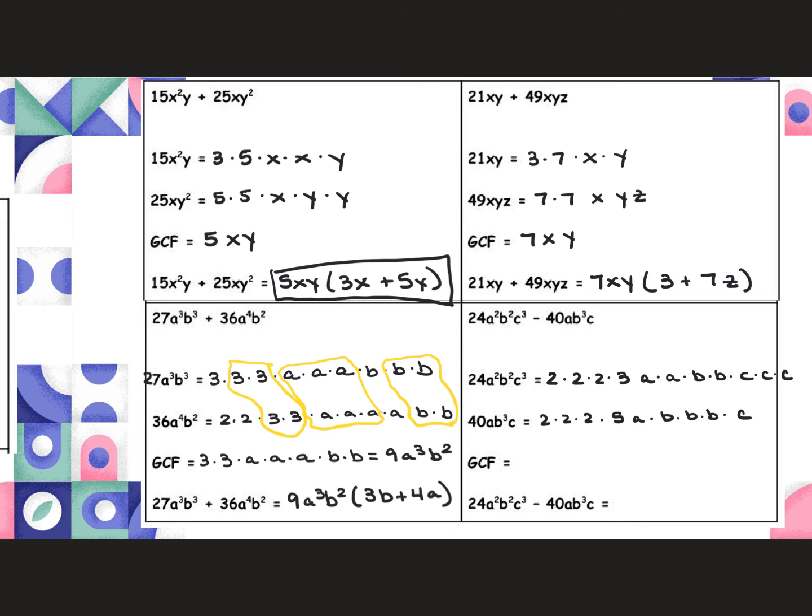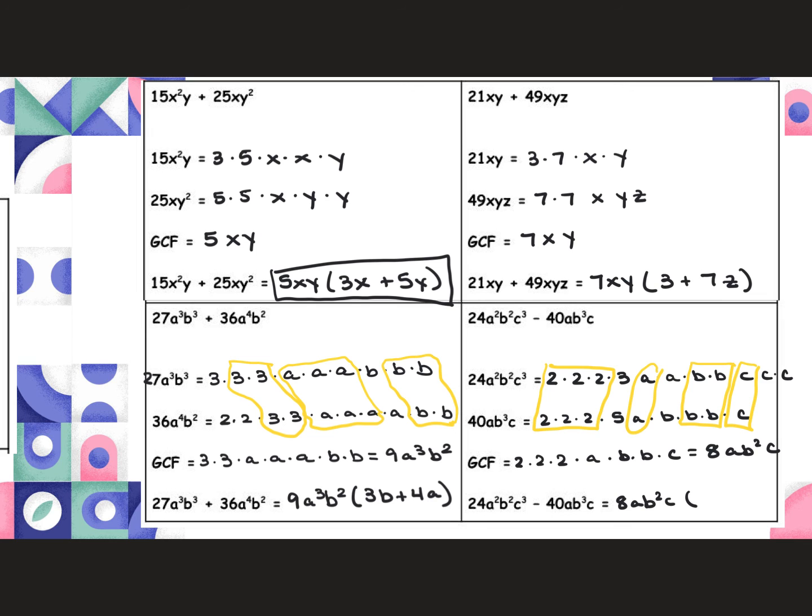So here we can see they have, let me change my pen color, 3 2's in common. They have 1 A in common. They have 2 B's in common and 1 C. So for my GCF, I have 2 times 2 times 2 times A times B times B times C. 2 times 2 times 2 is 8. A, B squared, C. So rewriting my GCF,